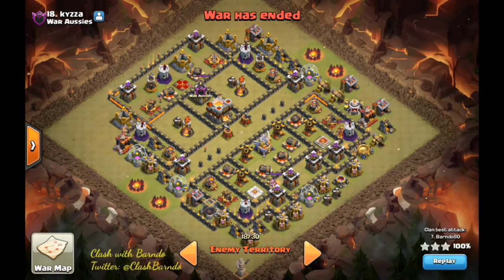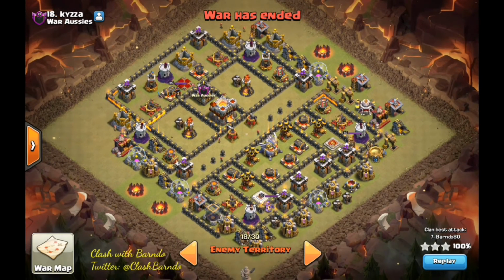Okay, so what we're going to see here is a Town Hall 11 versus 11 Queen Walk with a healer transfer onto your hogs. So this is the 11 versus 11. You can see this is a fairly common troll base, but it was a good example to be able to show it on the base. This was a fresh hit,